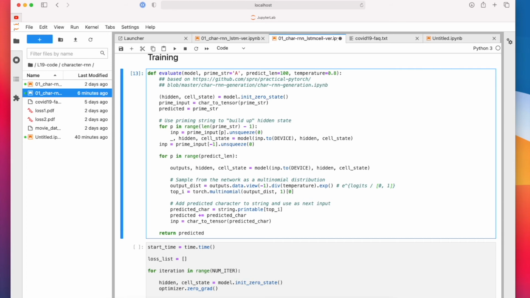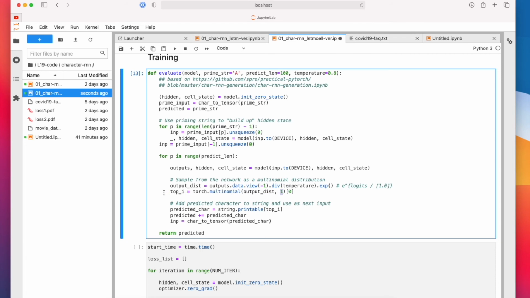So if we have a small value here, like 0.1, all the values will become larger. If we have a value of 1.0, they will be softer. So here, the really interesting part, we have this multinomial function, which is essentially a function that randomly samples from a multinomial distribution using these, you can think of them as weights or probabilities. And this is the number of samples we draw.